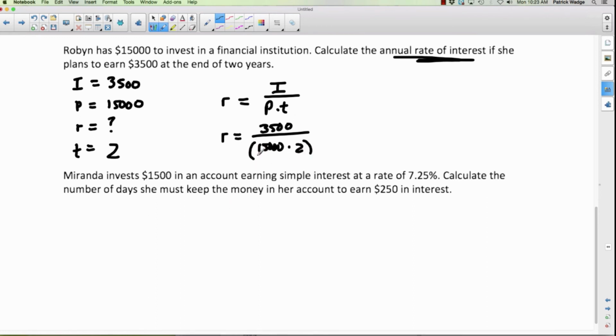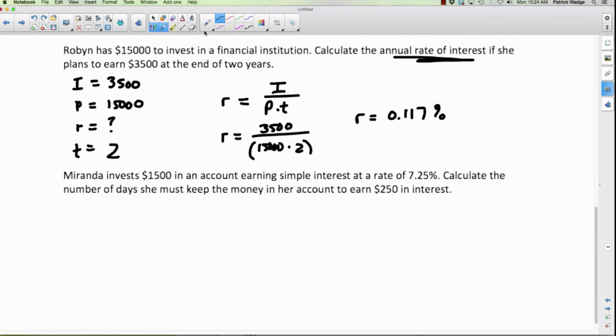I mean, I could even do this in my head. 15,000 times 2 is 30,000. So basically, I'm going to go 3,500 divided by 30,000. And I get 0.11666666. So basically, that's 0.117 if I round. Okay, now let's think about this. Does that mean